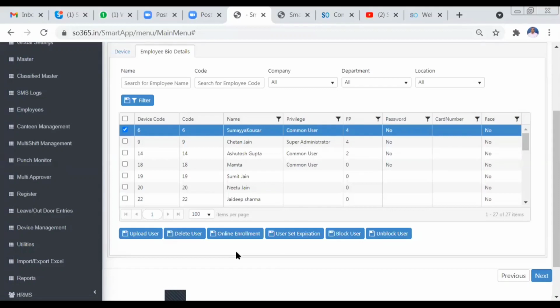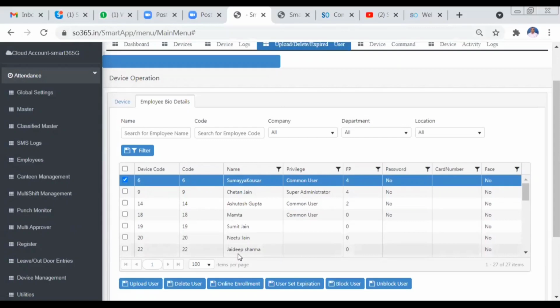And set user expiration. User expiration means if you want to restrict your employees from punching in the biometric machine. You can use it in gyms, or you can use it in institutions where you have a membership.